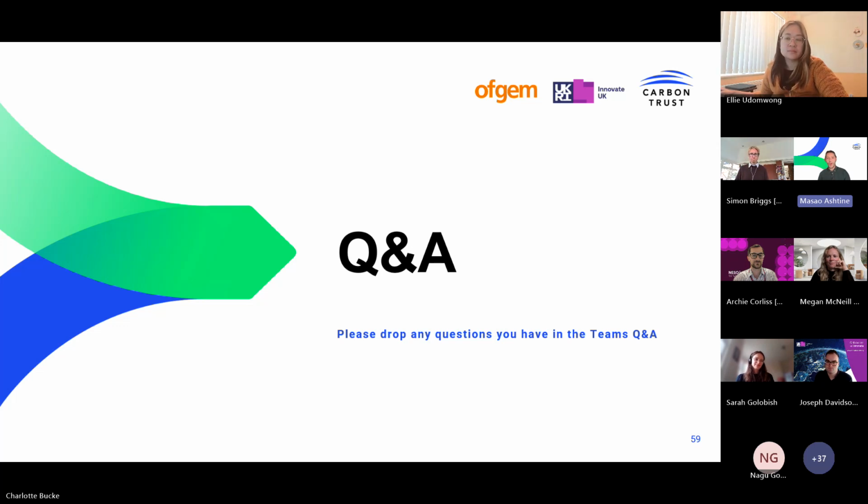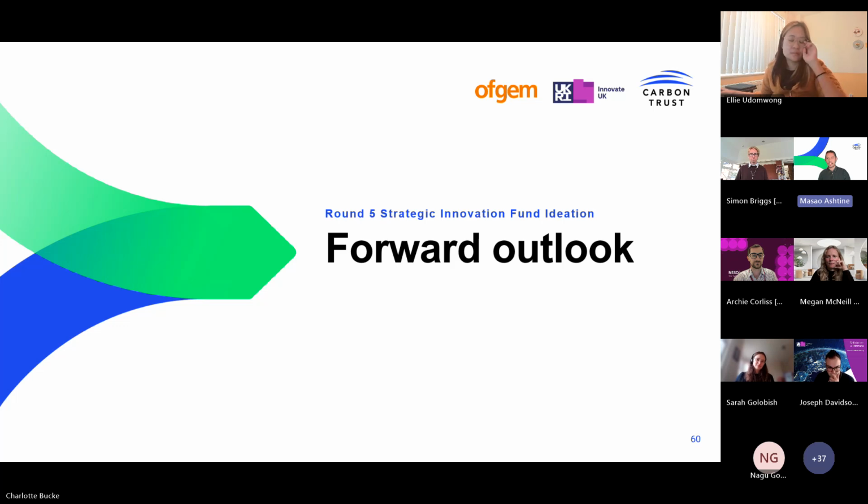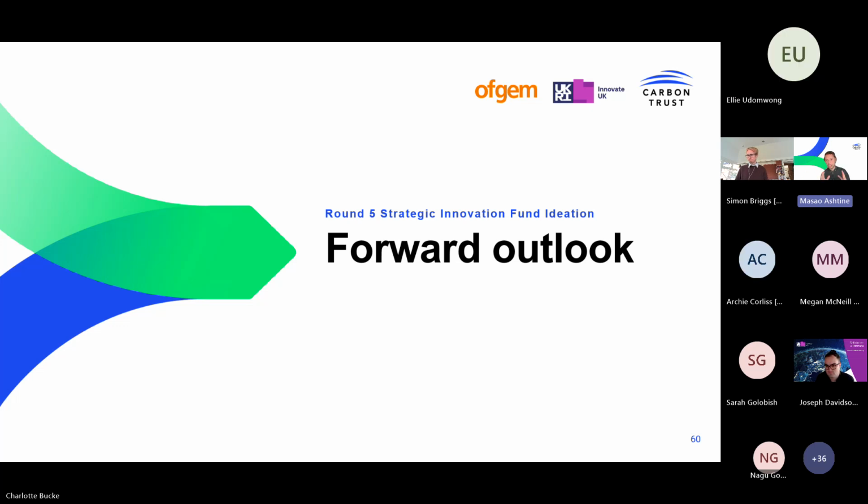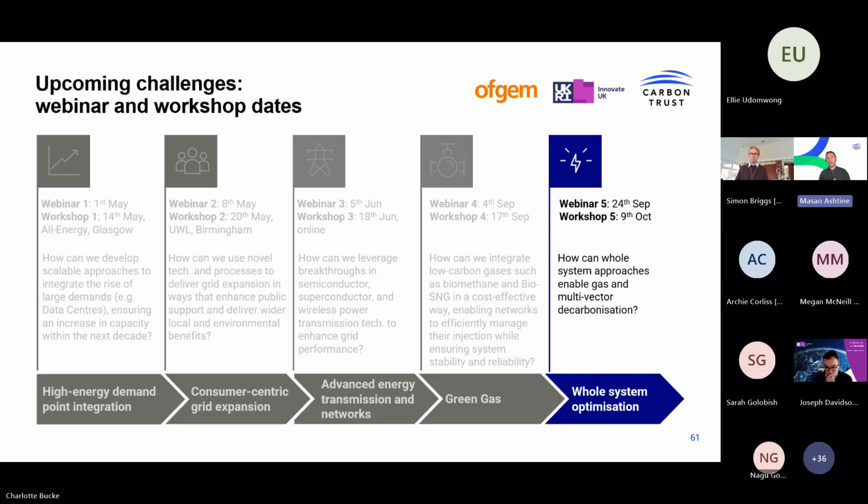We're going to move on to the next section, which is just a quick forward look, and to say that obviously we are now starting to wrap up the ideation part of the SIF program. We have a workshop coming up on the 9th of October, where we're feeding in the ideas that you're currently giving us on Slido. We're going to be translating that, clustering them up, and prioritizing to see where exactly we should have some key focal areas.